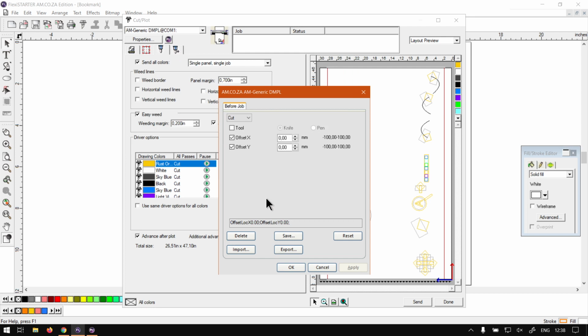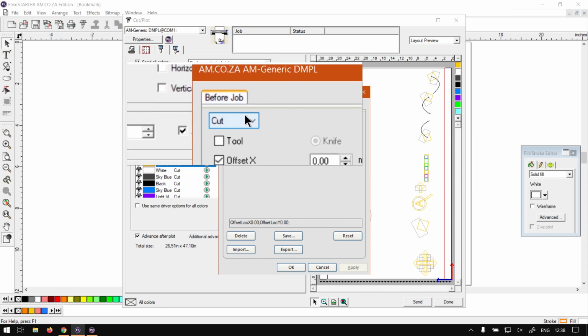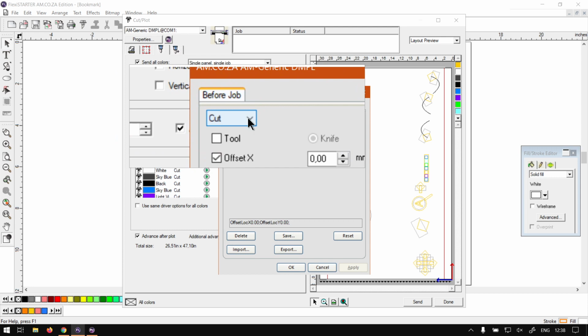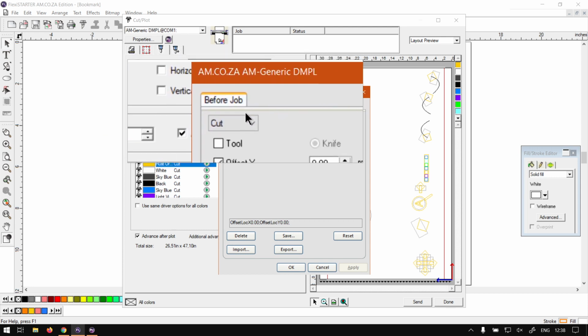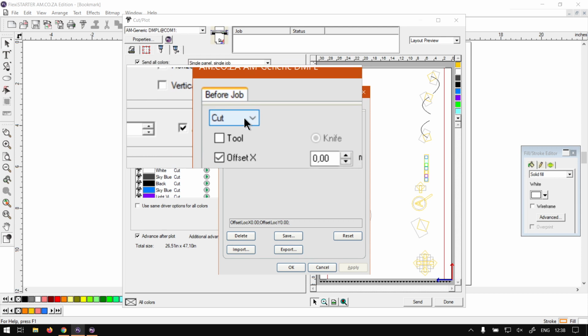But keeping in mind, depending on the device you're using and so forth, you might have different options. But just by default, we've got the before job. So this is what's going to happen before you start your project. So when you send it, it's going to use this. Then we have here,